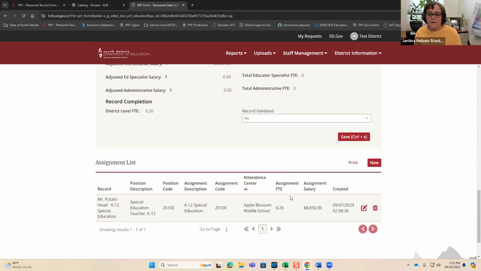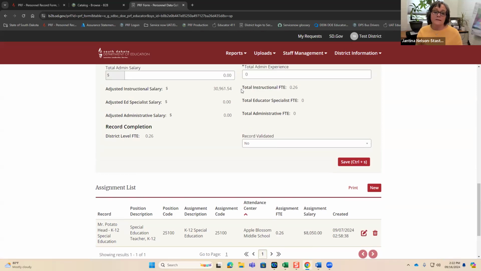And then as far as the assignment record, if you take those 46 days of teaching, typically a school district has 175 or 178 school days. I took it divided by 175, which is about a 0.26 FTE.